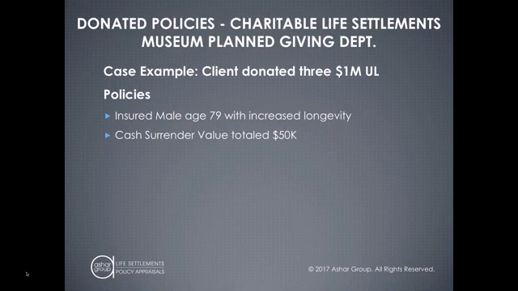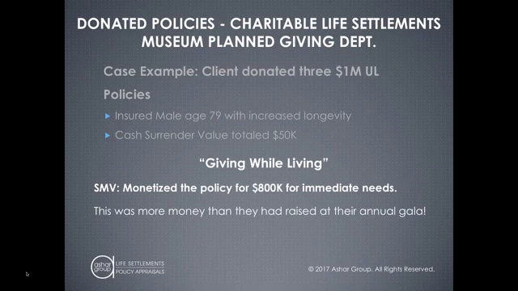However, one of the advisors had worked with our organization, and they said, hey, Asher, we're about to go down this path. What do you think this policy could be worth? As I sit on the board for this museum, I don't want to lose any potential opportunities. We end up generating the secondary market value of $800,000 for this policy. So this insured was able to see the benefit while they're living. They were able to honor the insured at their annual gala with their family being able to see this.